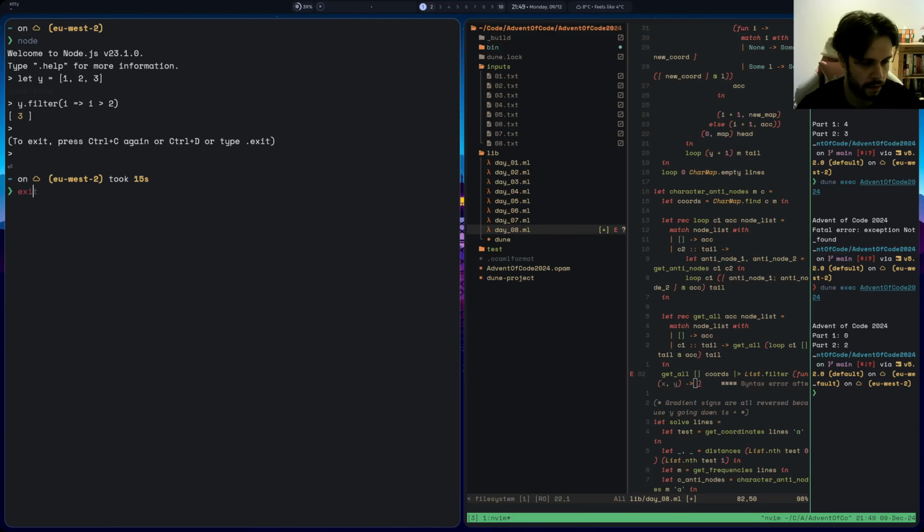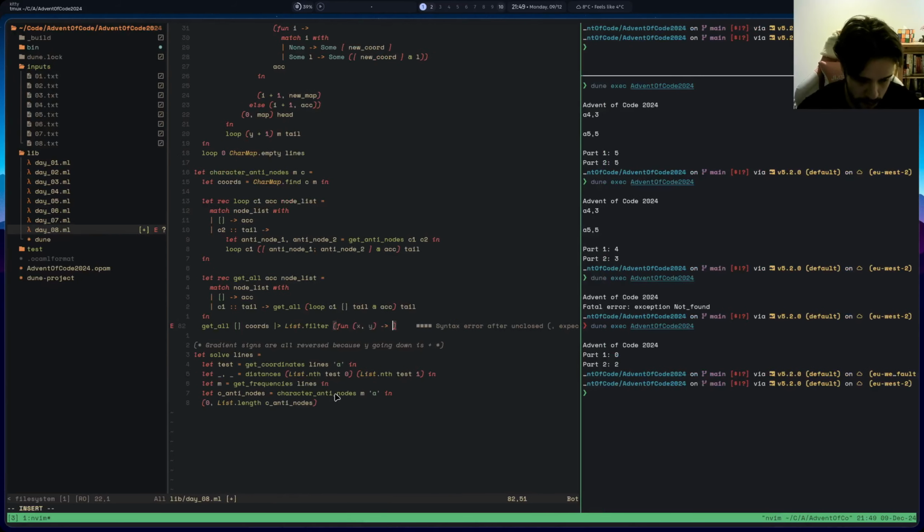Right, filter and keep only the truthy values, where x is bigger than or equal to 0, and actually let's just